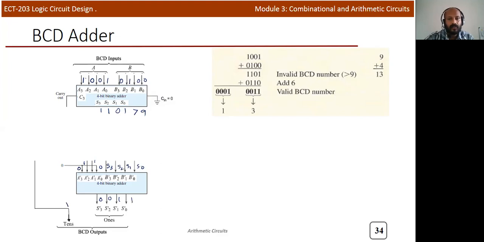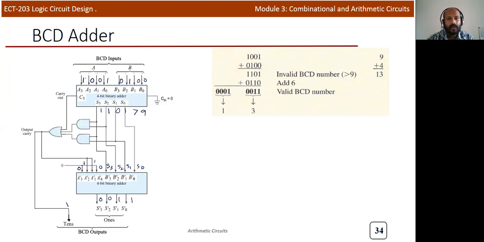Is it clear? So now we'll use that particular logic which is already explained. So this is S3, this is S2, so you'll get S3, S2 here, and this is S3 and this is S1. For example, in this particular example, the carry out is equal to 0 because there is no carry from the fourth bit, but S3, S2 is equal to 1.